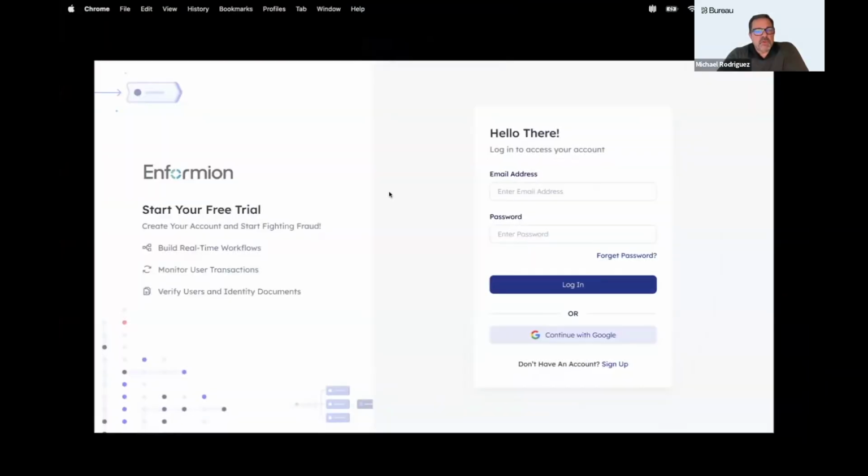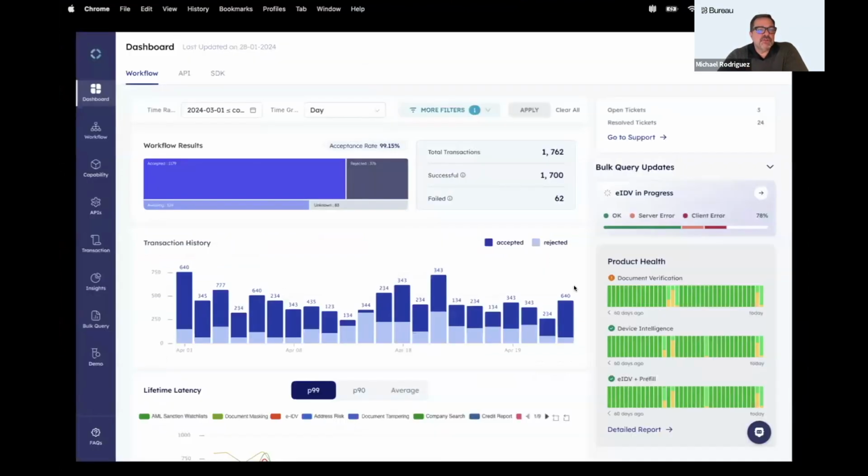Here's the platform that we've developed in partnership with Enformion. So the first thing we're going to do is log in: name, email, and password. The first thing you see when you log into the platform is your dashboard, and this is kind of the